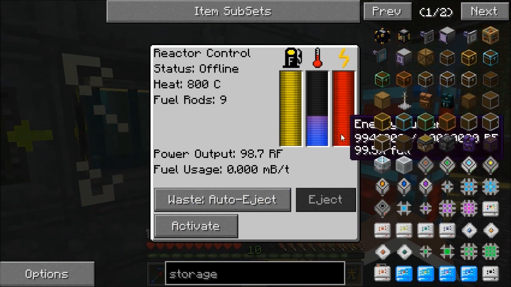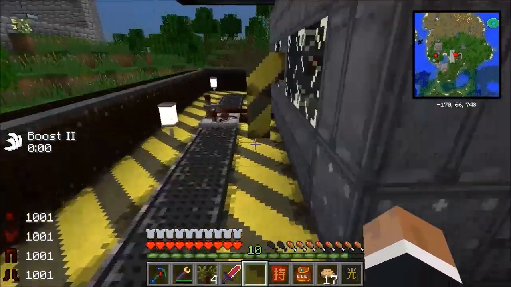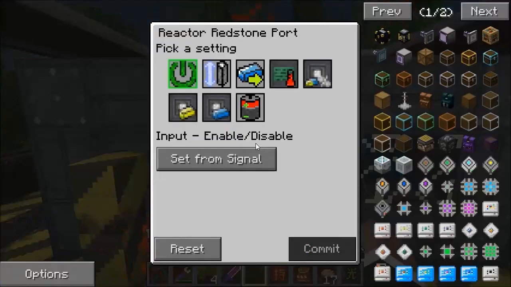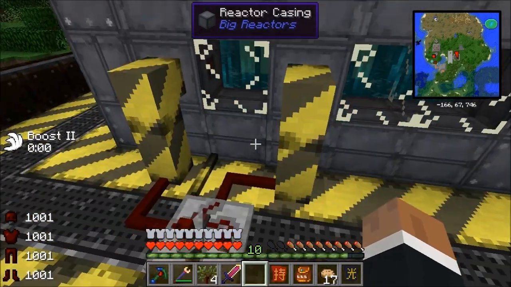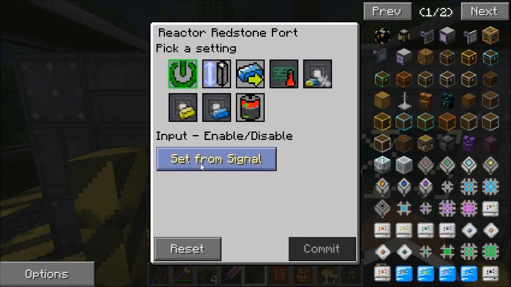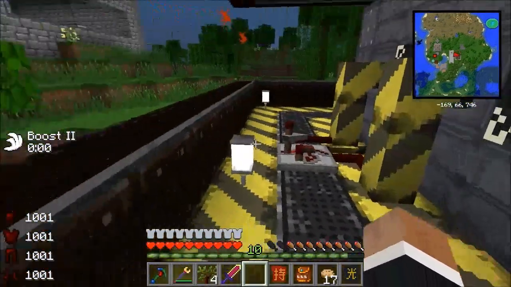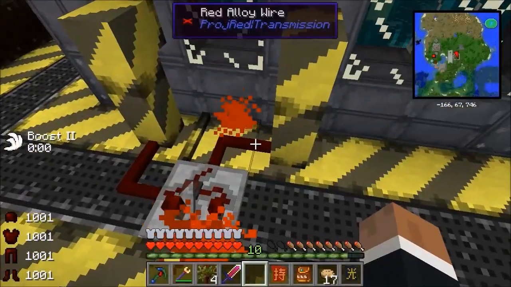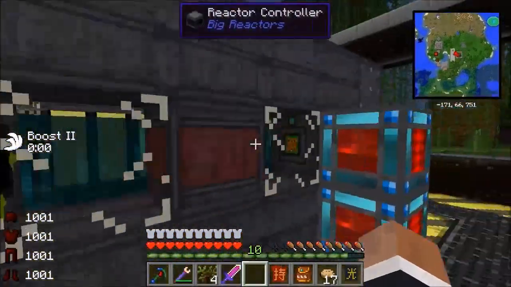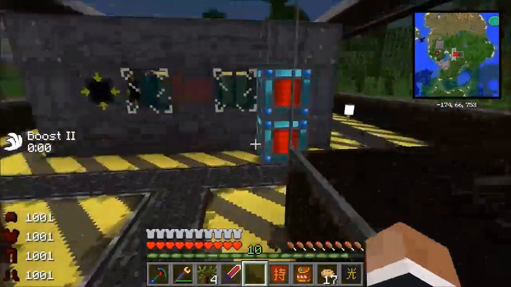That should not have been on at all. Weird redstone control. See, that was clearly off. And that should be set from that signal, so that should have only been on if that had a redstone signal. And as you just saw, when I came around, you can move the video back. That was clearly not on. So that should have been turned off. Son of a bitch, that's